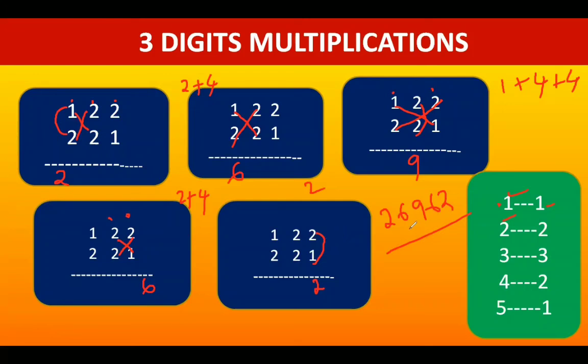And one more thing I want to tell you. Here all results we got in single digits. If you get all single digits, you can write the answer directly like this. This is called single ladder multiplication. But if you get any of the results as double digits, you have to simplify it. If you get any of these 5 results as double digit, you have to simplify it. The method of simplifying I will show you in further lessons.